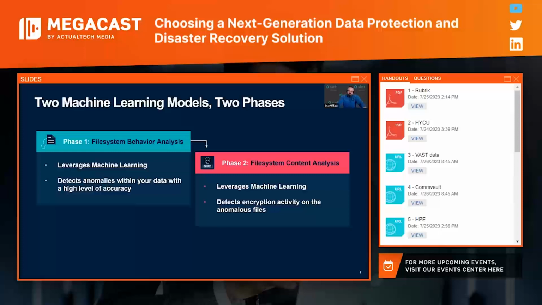Where there's a high level of entropy, or randomization, that's indicative of encryption. Once completed, this secondary phase reports on the likelihood of encryption within the anomalies themselves. So the takeaway is that Rubrik reports not only on anomalous behavior, but on the encryption events as well.